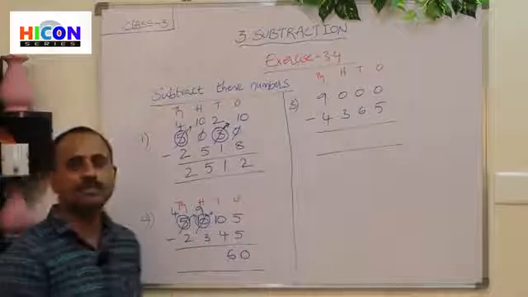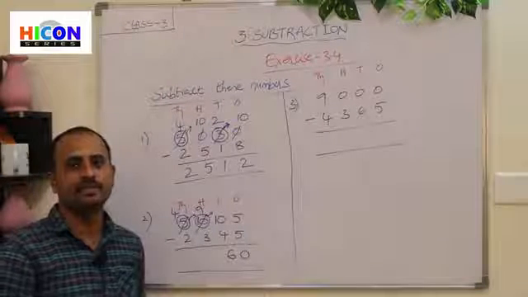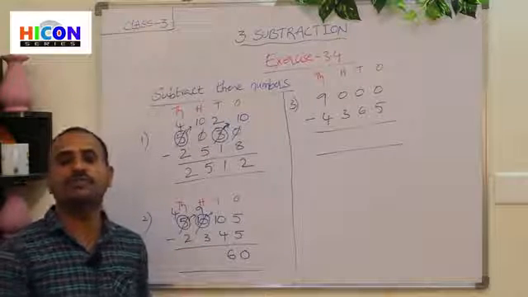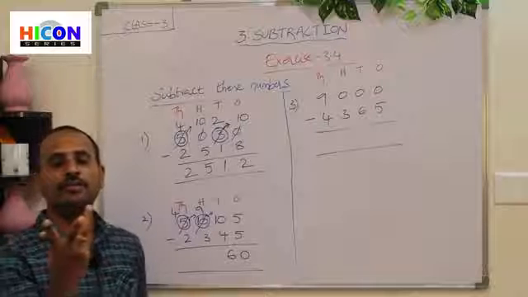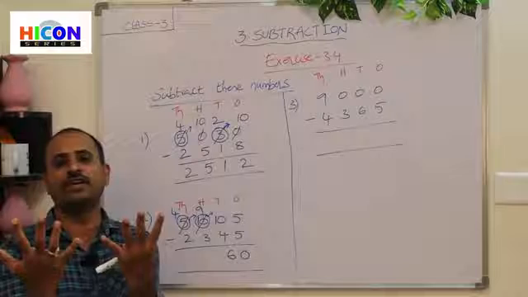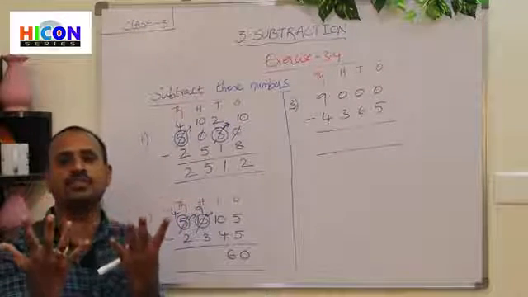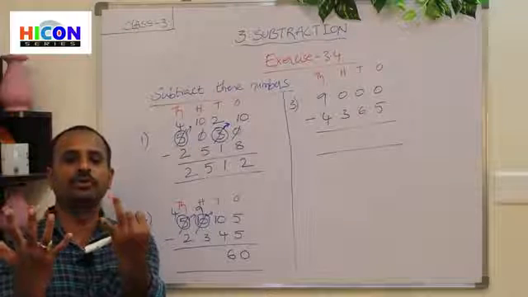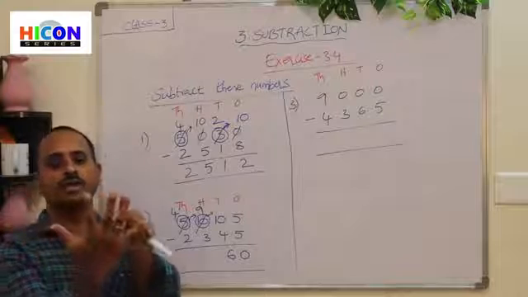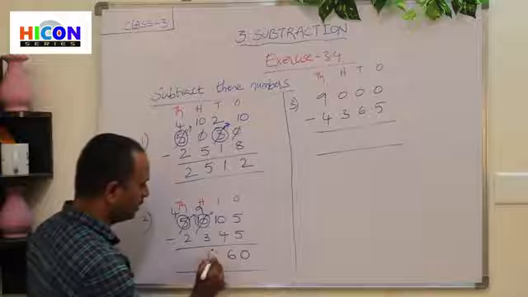Now go to hundreds place. What are the digits in hundreds place? 9 and 3 are present in hundreds place. What is the first number here? 9. So open 9 fingers of your hand. 1, 2, 3, 4, 5, 6, 7, 8, 9. And what is the second number in hundreds place? 3. So close 3 fingers of your hand. 1, 2, 3. Children, how many fingers are remaining? 1, 2, 3, 4, 5, 6. So write 6 under hundreds place.